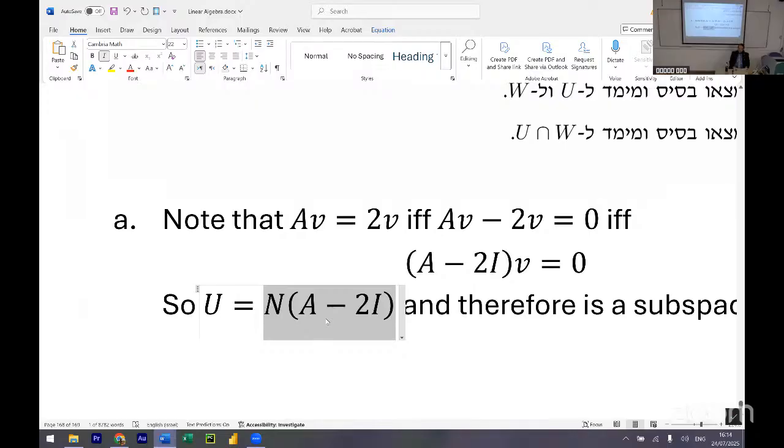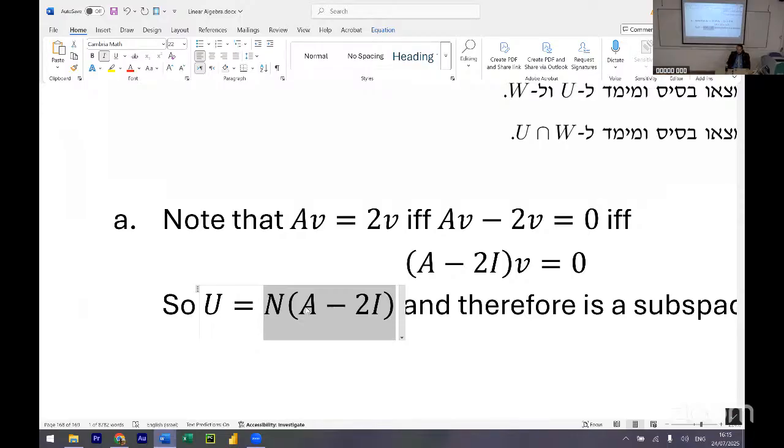And then, like I said, in general, the null space of a matrix is always a subspace. I might have proven it, and I might have even told you it's homework to prove it because it's really, really easy. Okay, but we know it's a subspace. We find a basis to it all the time, right? So it is a subspace.